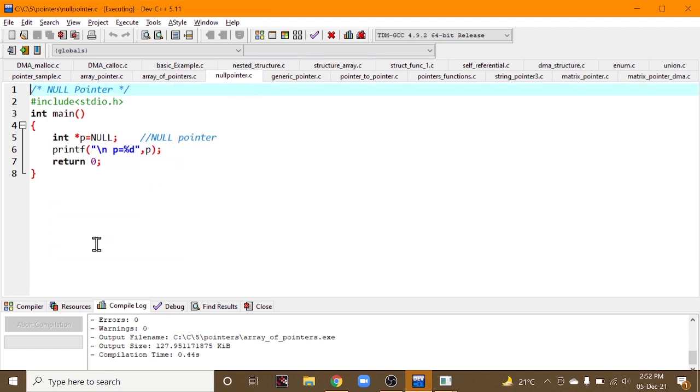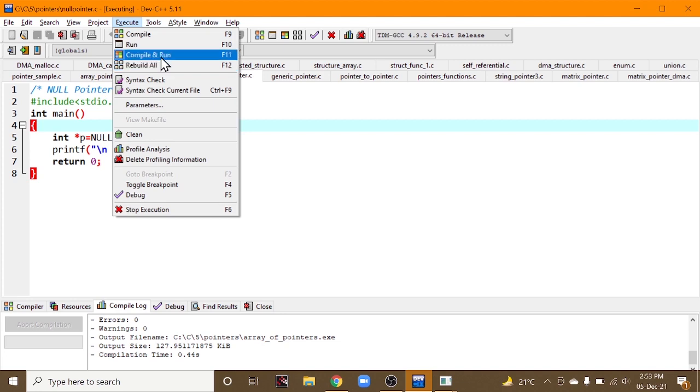Let us look into what a null pointer is. As the name itself says, a pointer pointing to a null value is a null pointer. So this is the main method where we have declared our pointer and assigned some value to that pointer, nothing but an initialization. We have set it to null, and we are printing the value of p.